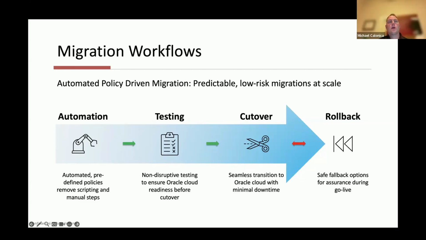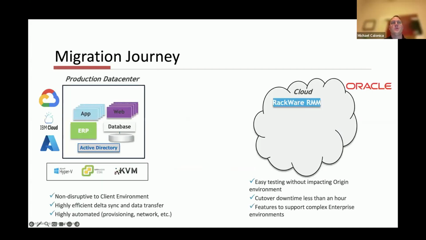As we go on, I want to talk a little bit more around the migration journey, but I'm going to go ahead and introduce my colleague, Akash Bambal, who's going to share with you a little bit about RackWare and talk through what that migration journey looks like, as well as a little bit around architecture before we continue on into some of the other use cases for DR. So with that, Akash.